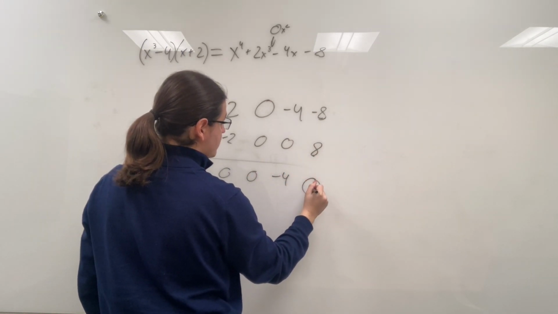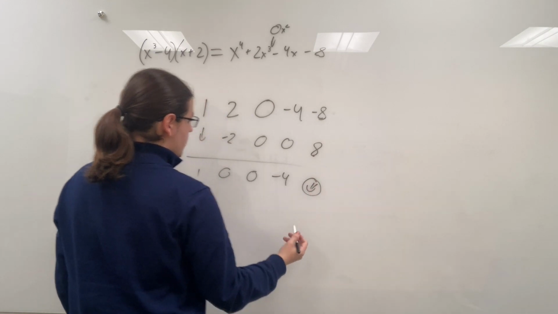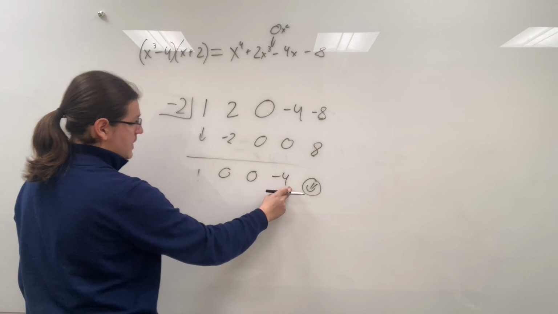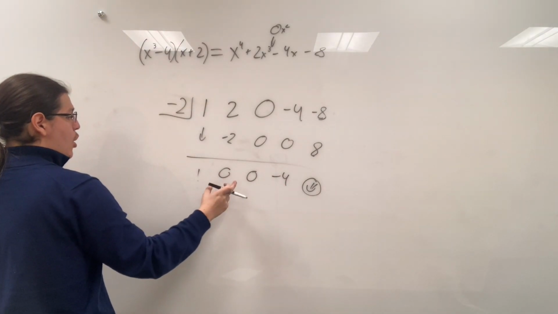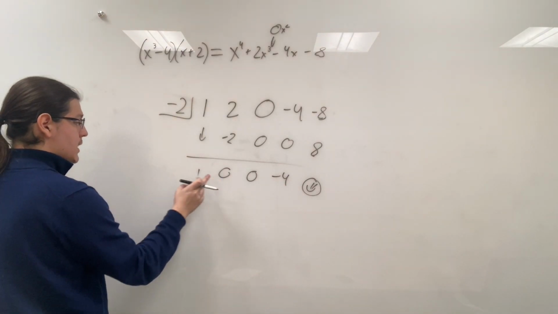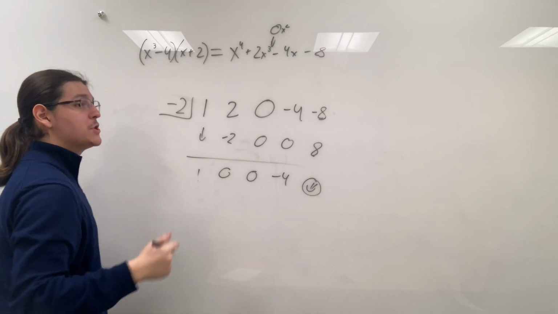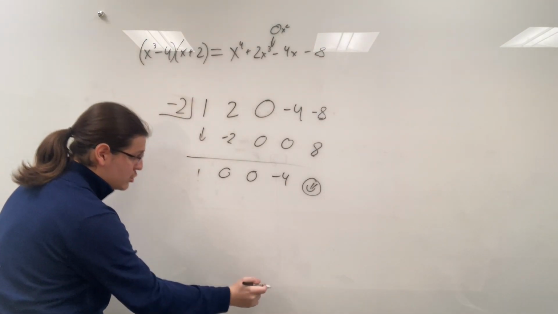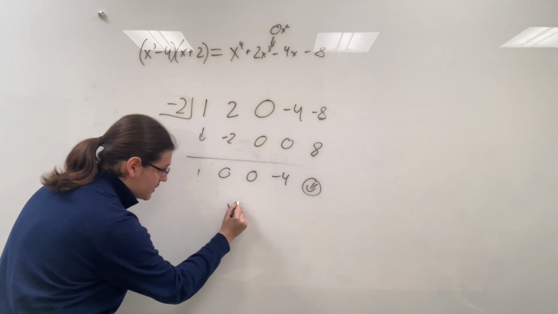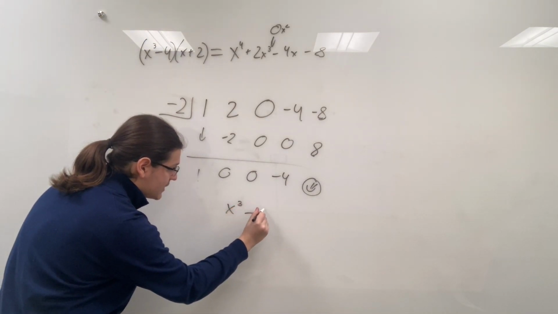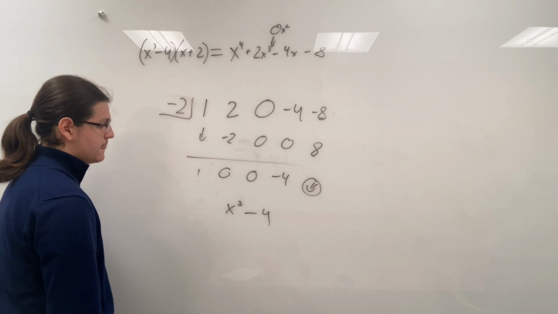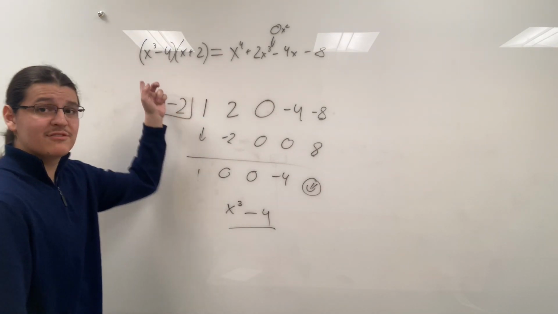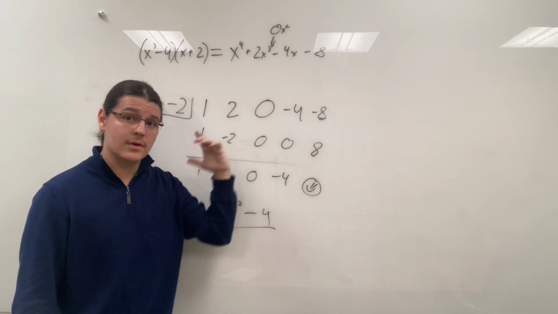Adding down gives us a very nice, no remainder. So this is a remainder, constant, x term, squared term, cubic term. So this time, correctly, this is our cubic, we just write x cubed minus 4. And then now we have our correct factor. Isn't that